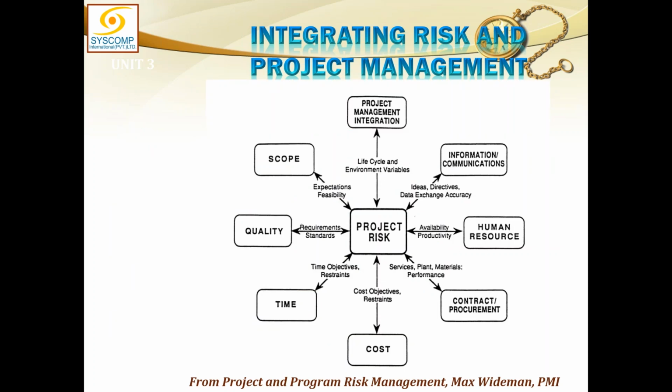Okay, now this diagram may look a little older to you because it was based on the older fourth edition, or probably when there were only 9 knowledge areas. So I would only like to change one thing in it. I would like to add the stakeholder knowledge area, and you may change human resource to resource. So what is happening here? It has put risk in the middle and all other knowledge areas around it.